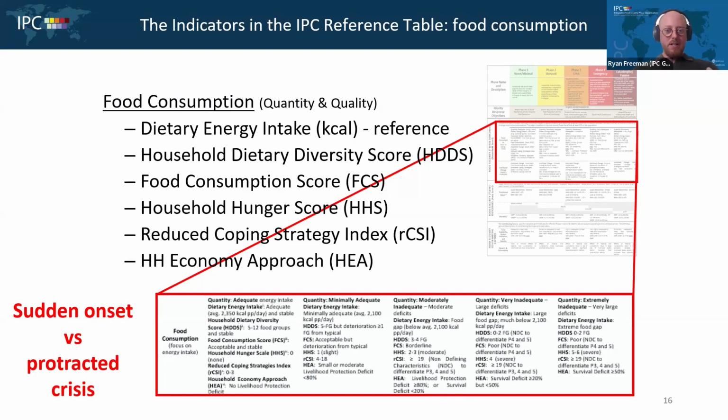I think the only one that was not identified was the HDDS, or the Household Dietary Diversity Score, and that's fine. We have a long list in front of us. So the household economic approach is a very detailed analysis. Generally this is done by looking at the baseline of the livelihoods in a particular area, looking at all sorts of information from the standard and regular practices in a normal year.